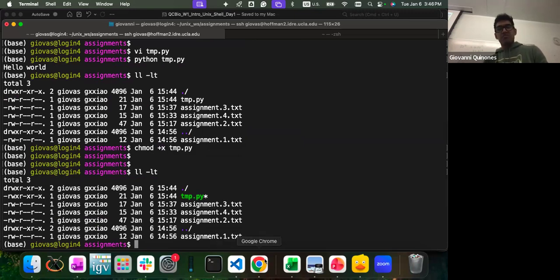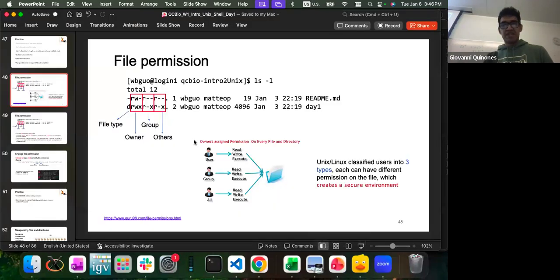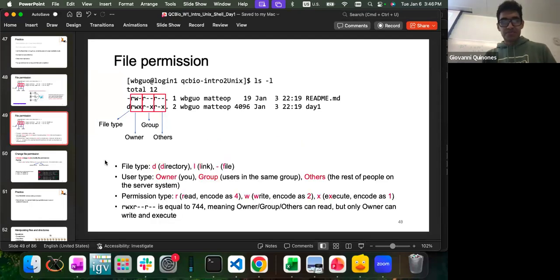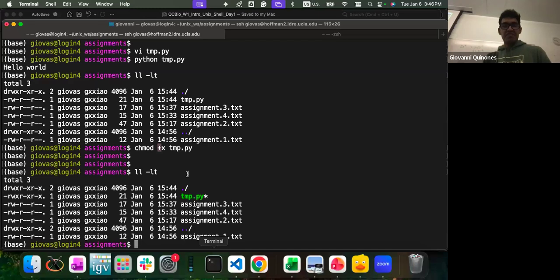So you can see that as a user, you are free to change these different levels of permissions. Now, what I did here, this chmod, is the function that you use to change the level of permission. And here I'm using plus X, so that means I'm adding the execution permission.